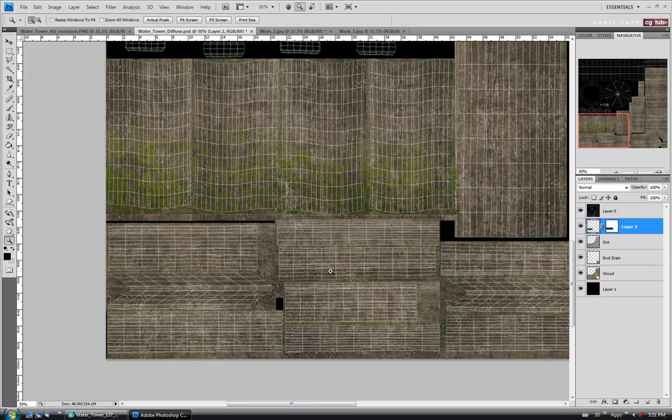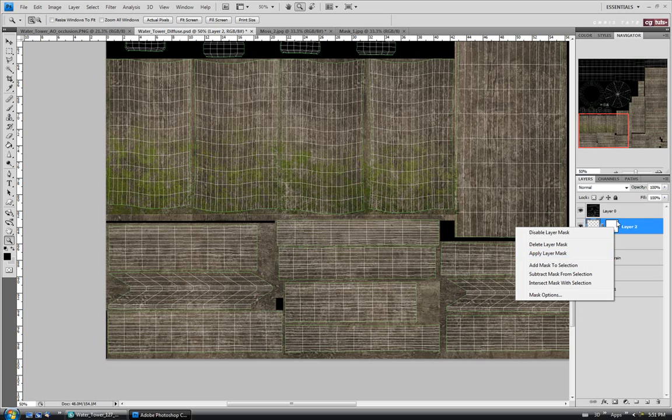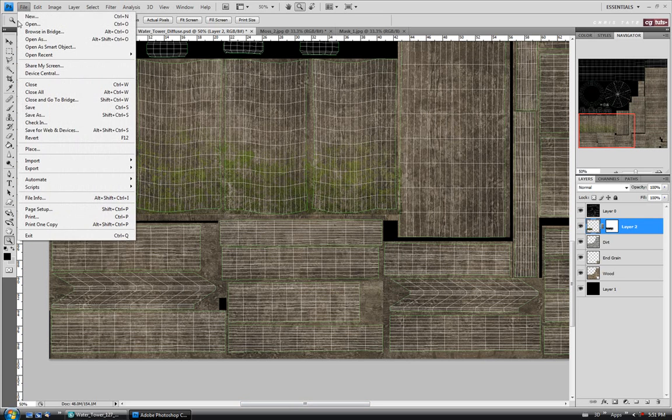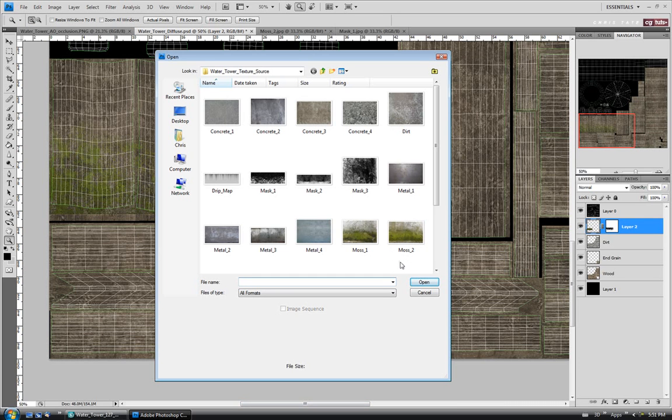Okay, and if you want to save some time, you could just reuse the moss from up here on the corner posts, or you could actually apply the layer mask here to collapse it, and then you can just copy this altered moss around, just like we did with the wood and the dirt. But I might just go out and actually open up the other moss picture I have just to change this up a bit. Okay, so we'll go back out, and this time we're going to take moss 1,